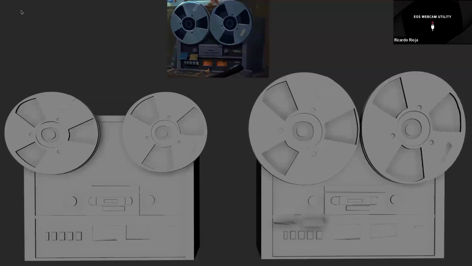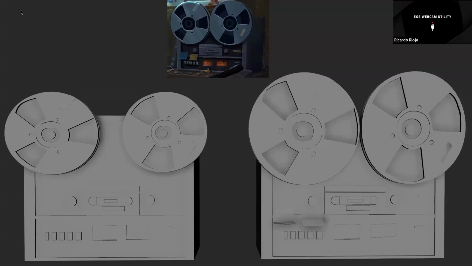So first you need to have a good base for you to have good topology on top. A good example is what happens when you go to ZBrush and sculpt. Does your sculpt have good topology at the beginning? No, right? It's this decimated mesh with messy topology. So you don't always need to start with clean topology, and you can always do a retopo, right? So yeah, this is better because it matched the reference better.